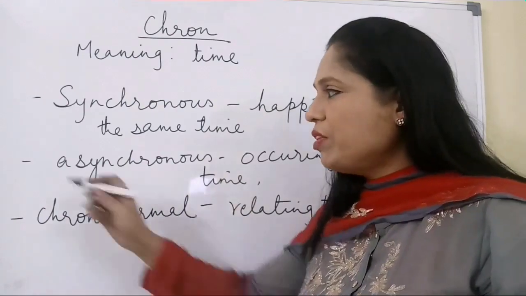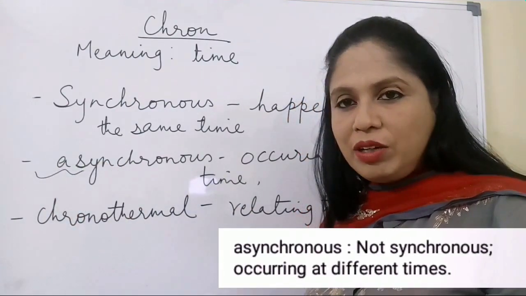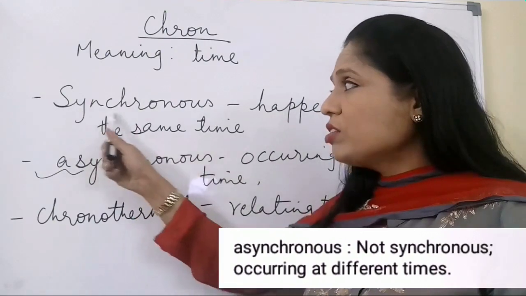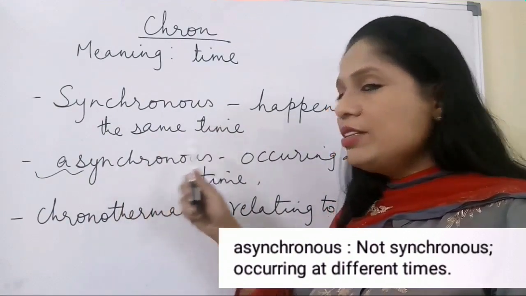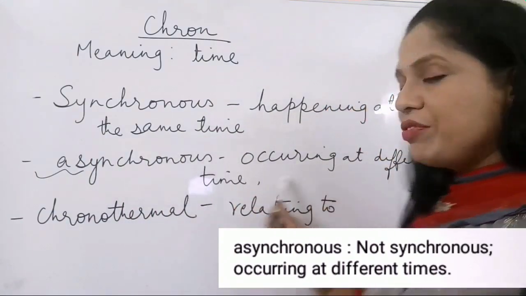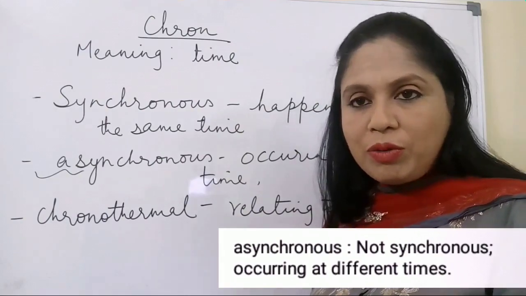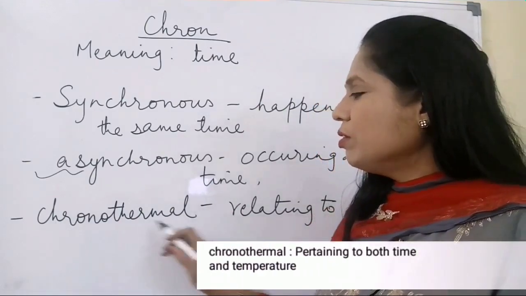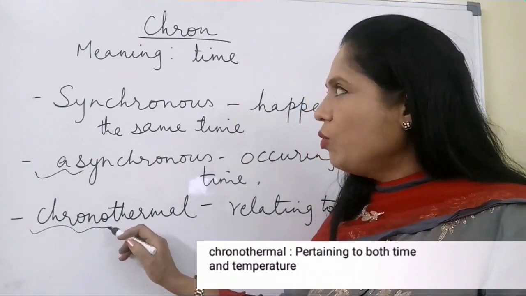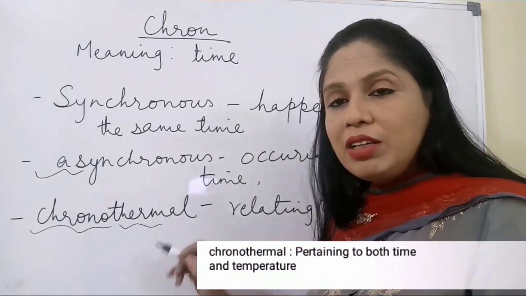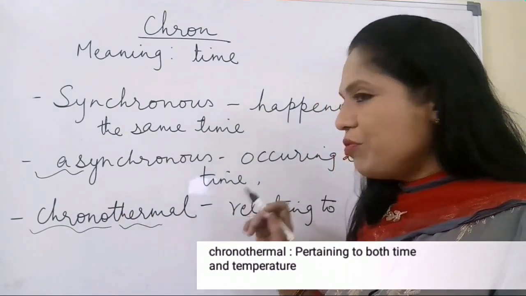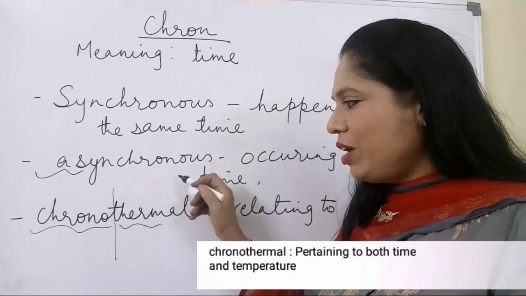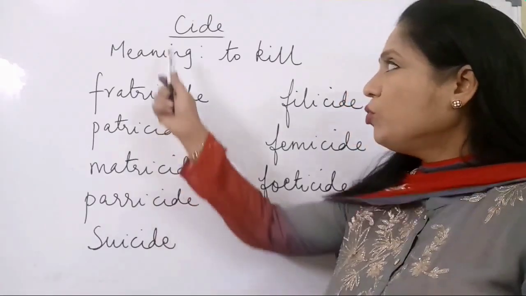Asynchronous. We have studied the prefix a, which adds the meaning of no or not to a word. So something which is not synchronous, which means something which occurs at different times or does not follow the sequence of time. The next one is chronothermal. Contains two root words again, chrono, time, therm means heat. So chronothermal refers to something which is relating to time as well as heat. The root word size